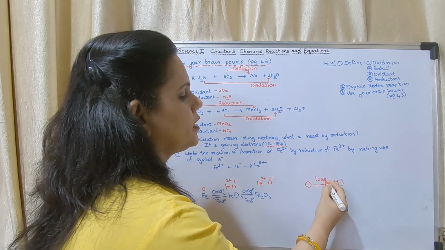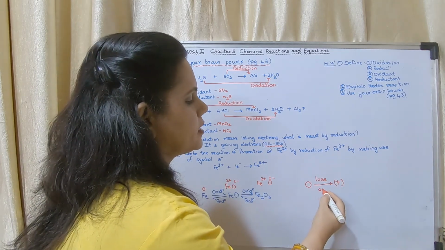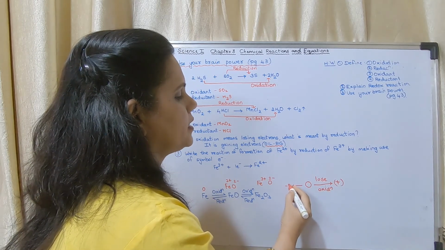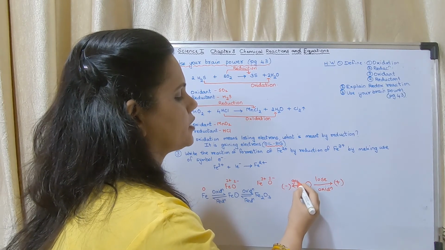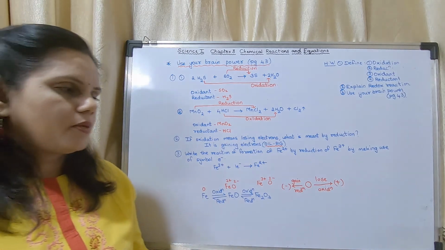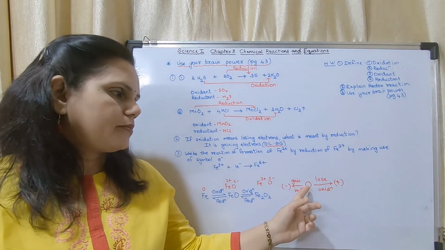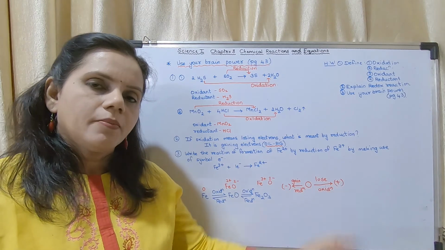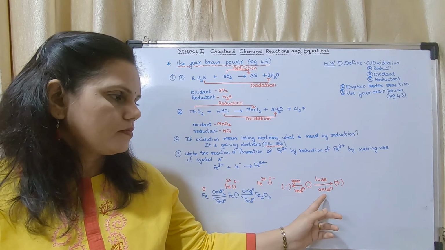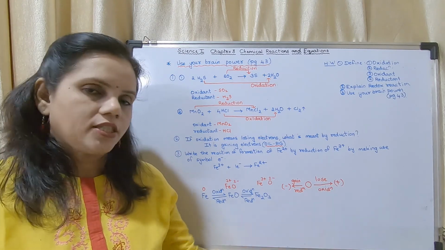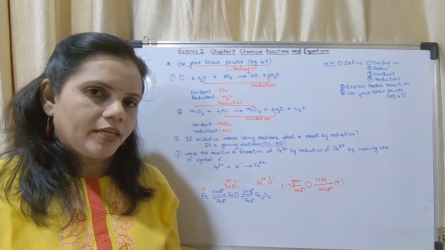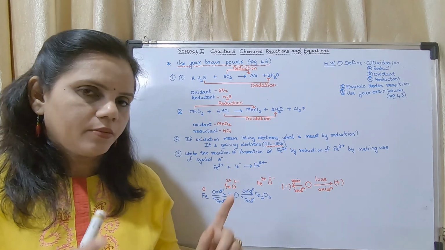From 0, when you go towards plus, you are losing electrons, and that is oxidation. When you are going towards minus, it is gaining electrons, and that is reduction. This you have to remember. Write it anywhere in the textbook. From 0 towards the right, plus. As the plus increases, it loses electrons and oxidation takes place. As the minus increases, reduction takes place. That is what has been given in that box.